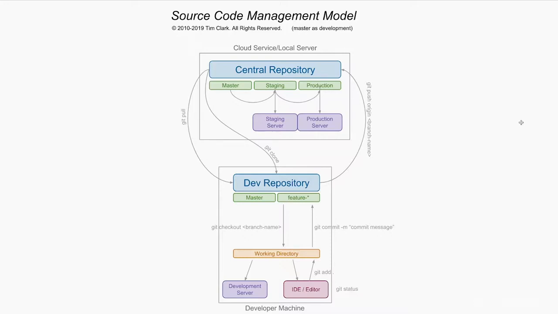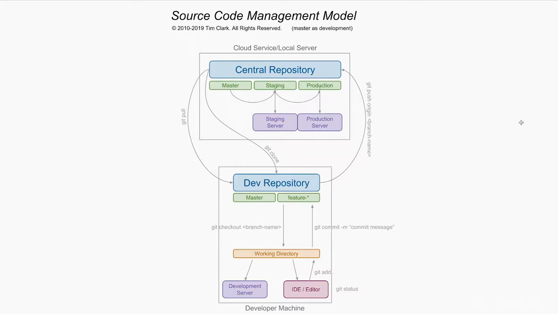Now, one of the most common setups for this is using a cloud service, a service like GitLab or GitHub, or if you're in an enterprise world, you might have a local source code server that's on the network that